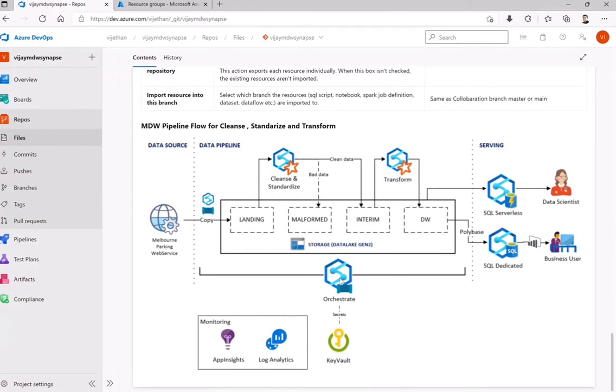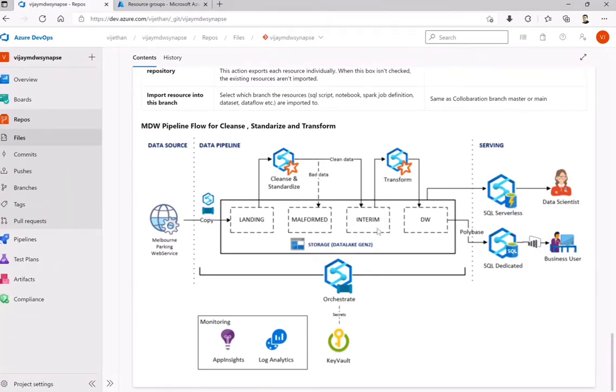Also, I have clearly shown you while I was explaining how this looks like. This is a parking sensing example which we have taken. Okay, and we are just getting the copy of the raw data in landing. Out of that raw, cleansing is being done and put in the interim. Now this is a staging. That means this is transformed in the shape of a star for the data warehouse, but it can be anything. Ideally, this can go somewhere for reporting, for some Power BI as well. That purely depends upon in which form and shape you want the data to be consumed. So we call this a staging.